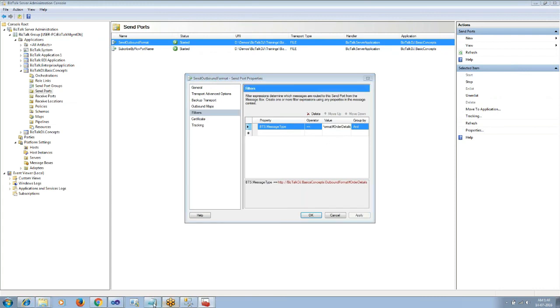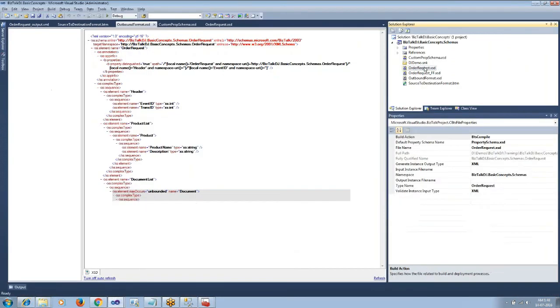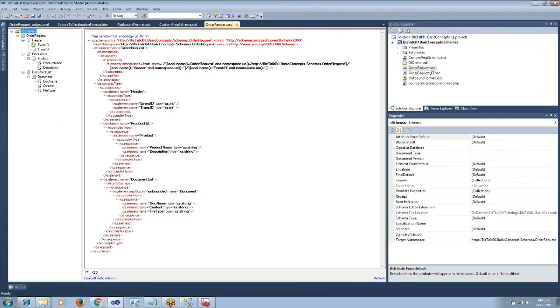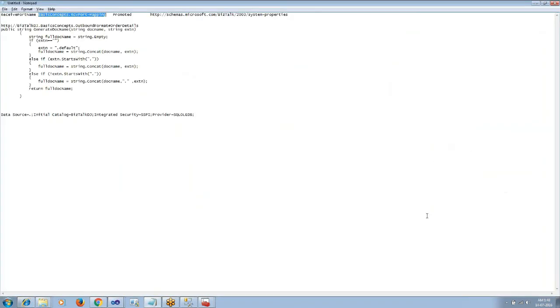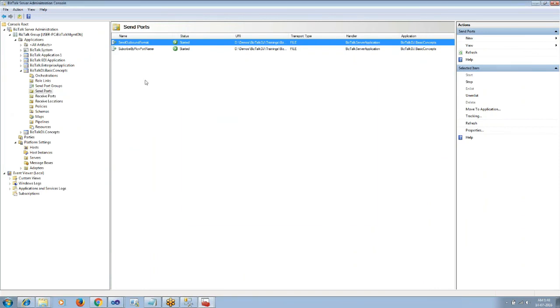This time it should subscribe based on the source message type, which is nothing but http://dj.basicconcepts.schema.order request #order request. It is a combination of target namespace, hash, and the root node of the source schema.